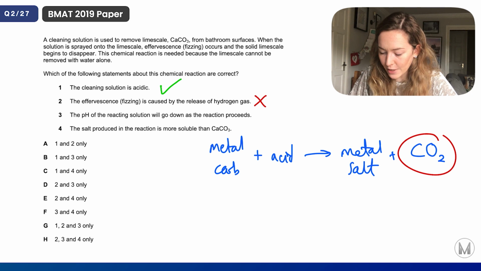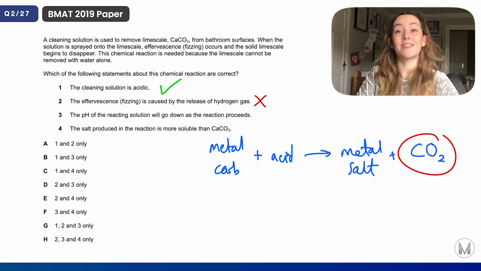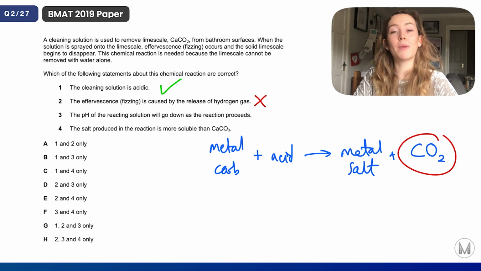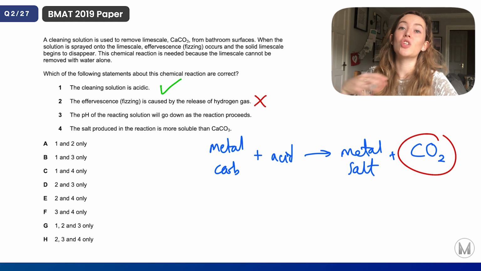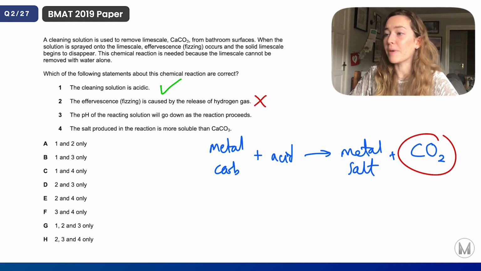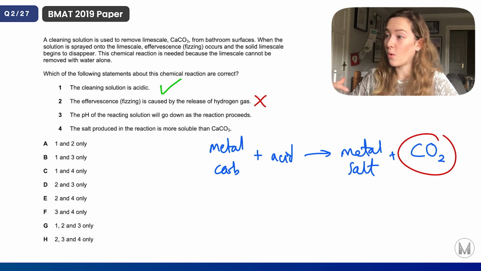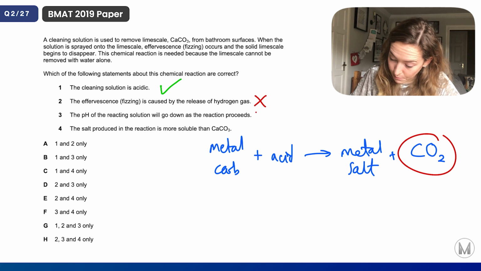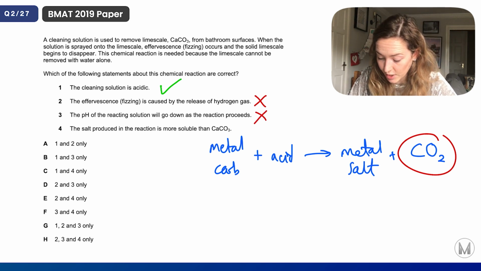Statement 3, the pH of the reacting solution will go down as the reaction proceeds. Well, it's a neutralization reaction. We've got our calcium carbonate, it's a base, so it's alkaline, so we're going to have a high pH. The cleaning solution is acidic, so it's going to be bringing that towards neutral. So because of the presence of the base, the pH was high at the start and then it's going to lower. So we've got option 3 as being incorrect,